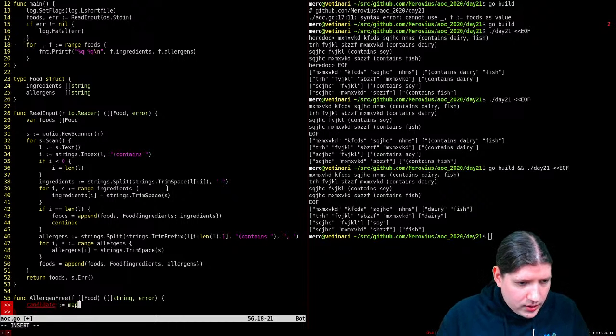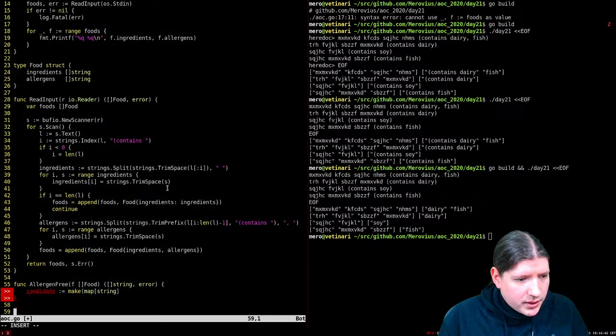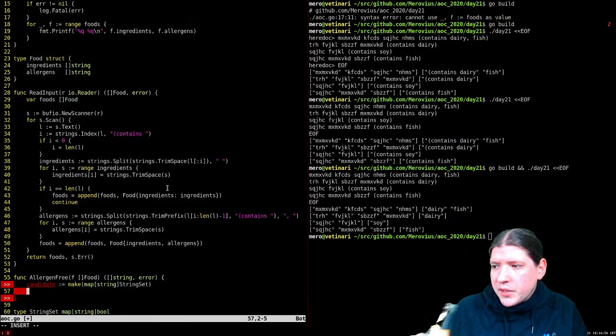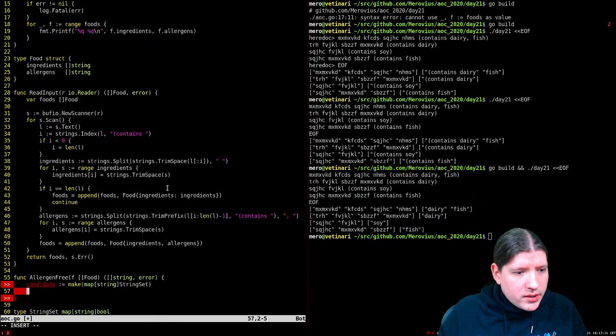So we map strings to, wait, I will just say type string set, because we need to do a lot of intersection and stuff, and centralizing that in the types makes sense. So okay,